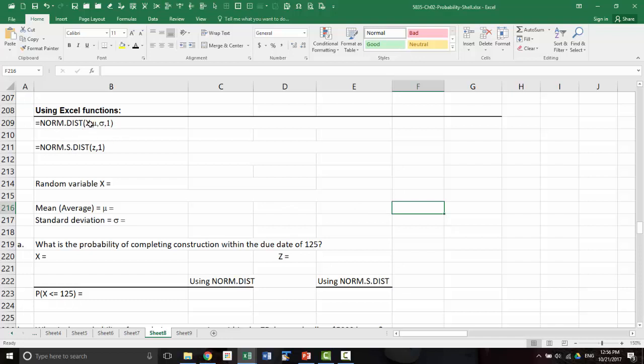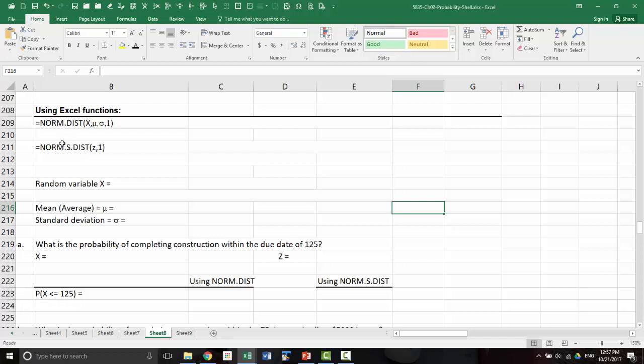NORM.DIST that uses x, mu, sigma, and cumulative probability. That one stands for cumulative probability. 0 would be just the height of the function, which means nothing for us. Or you can compute z yourself using x, mu, and sigma, and once you have the z, you can use the